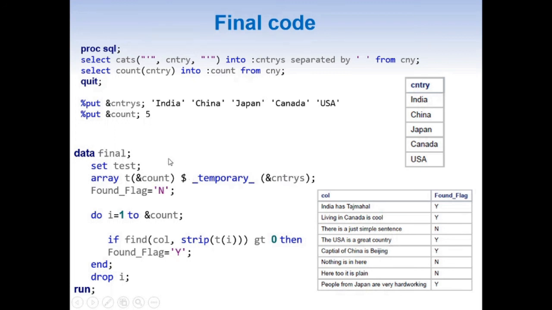And once we are done, we are looping through each of these elements as we have described earlier, and whenever we are finding the value, we are assigning Y to the new column, otherwise it will have its default value of N. And here the main goal I wanted to discuss is to show how temporary arrays work. Temporary arrays are very useful when you want to search through many values. And also they are useful when you don't want to create new variables, and also as they are in memory, they are also very efficient.